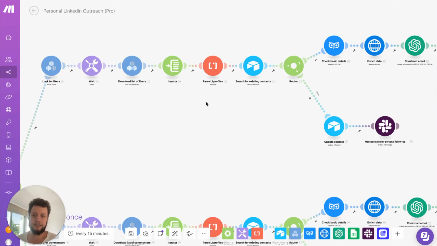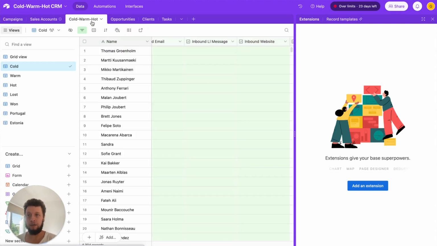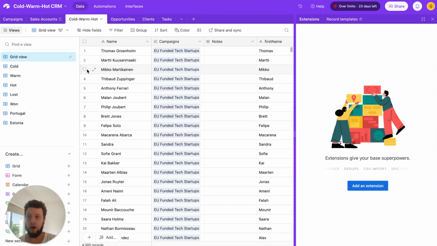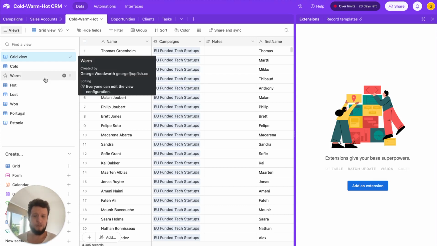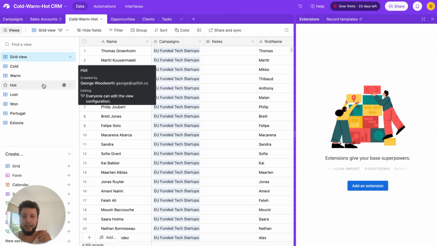Now, the next stage is this. So we've got the post you've made. We've got a list of everybody who's given a like to those posts. First, we want to see, do they exist already? Now, within our Airtable CRM, we have people who are cold, people who are warm, and people who are hot. The difference here is cold: people who you've never interacted with before, but you might have put them on a cold email program. You might have warm people, so these are people who've come to your website or they've commented previously on LinkedIn posts of yours, or they might be hot, people who have actually engaged in conversation.